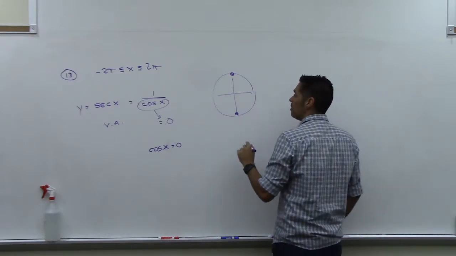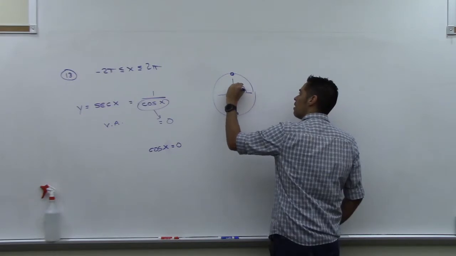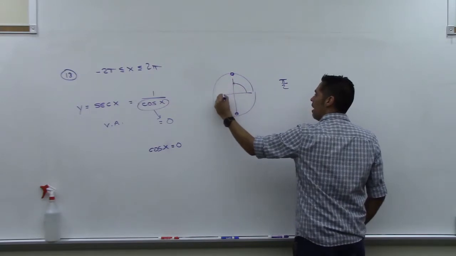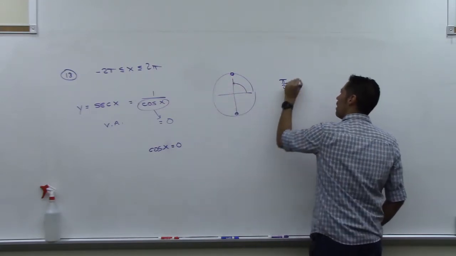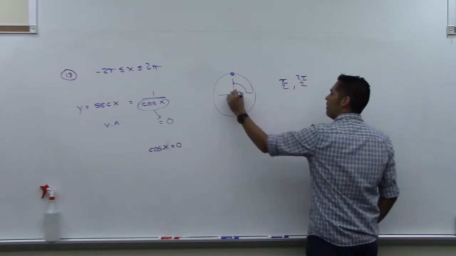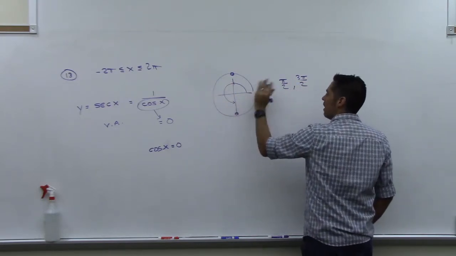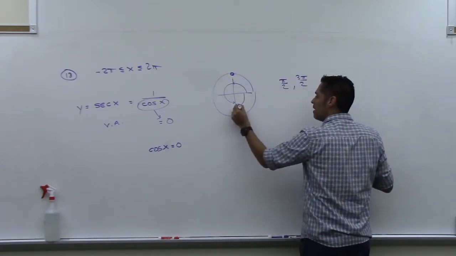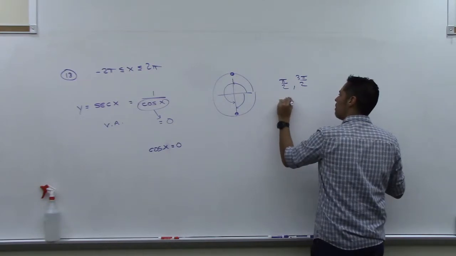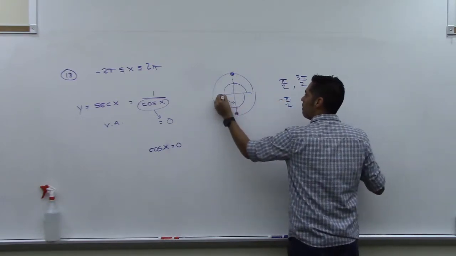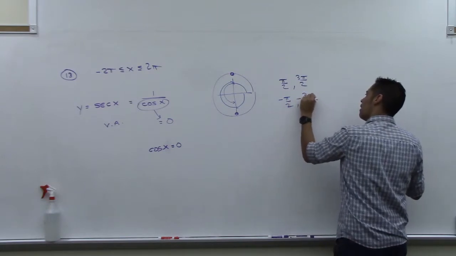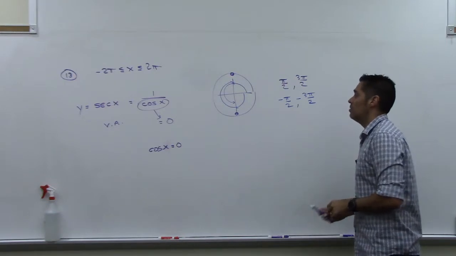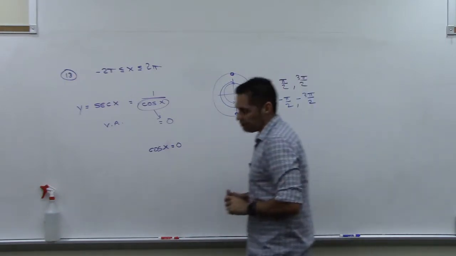So let's get all the ones between 0 and 2 pi. So if I go around counterclockwise, I get that one right there, that's pi over 2. Then I've got pi, this is 3 pi over 2, so 3 pi over 2 would bring us straight down. And then we come around 2 pi, we have to stop. Then we could go backwards. We go from here to here, that's negative pi over 2. And then I go around, that's negative 3 pi over 2. So those are the only answers that I have between negative 2 pi and 2 pi. All right,